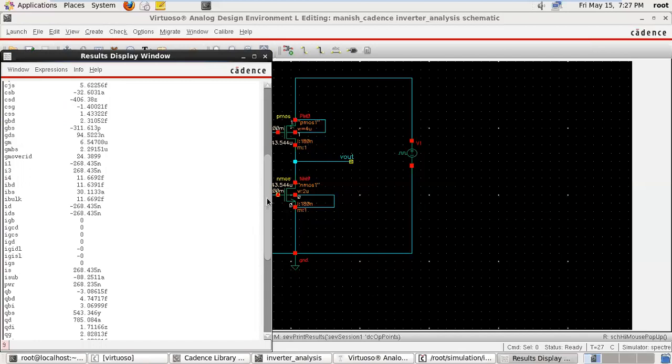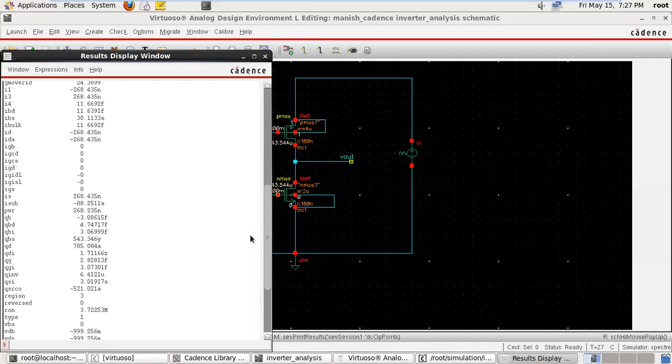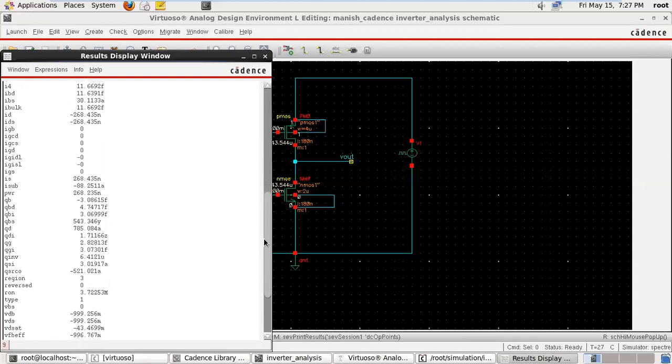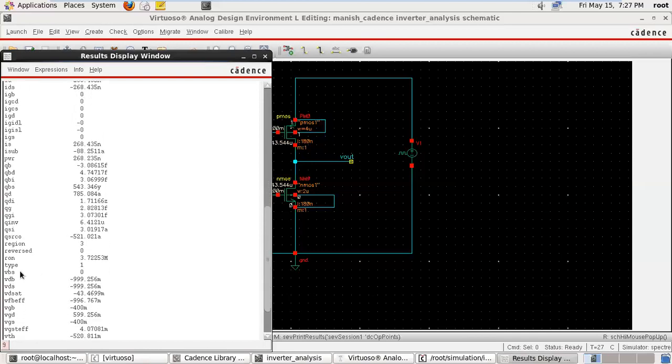See here an important point: the region is 3. If the transistor works in region 0, that is cutoff mode; 1 is active mode; region 2 is saturation; and region 3 is the subthreshold region. Then there are BVS, BDB, PDF.